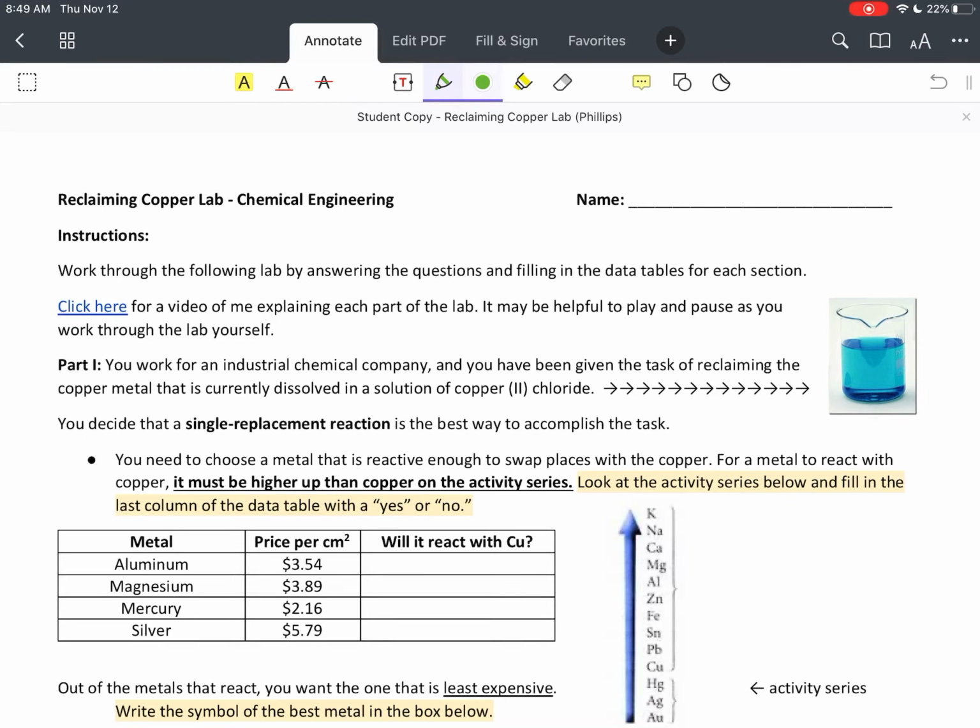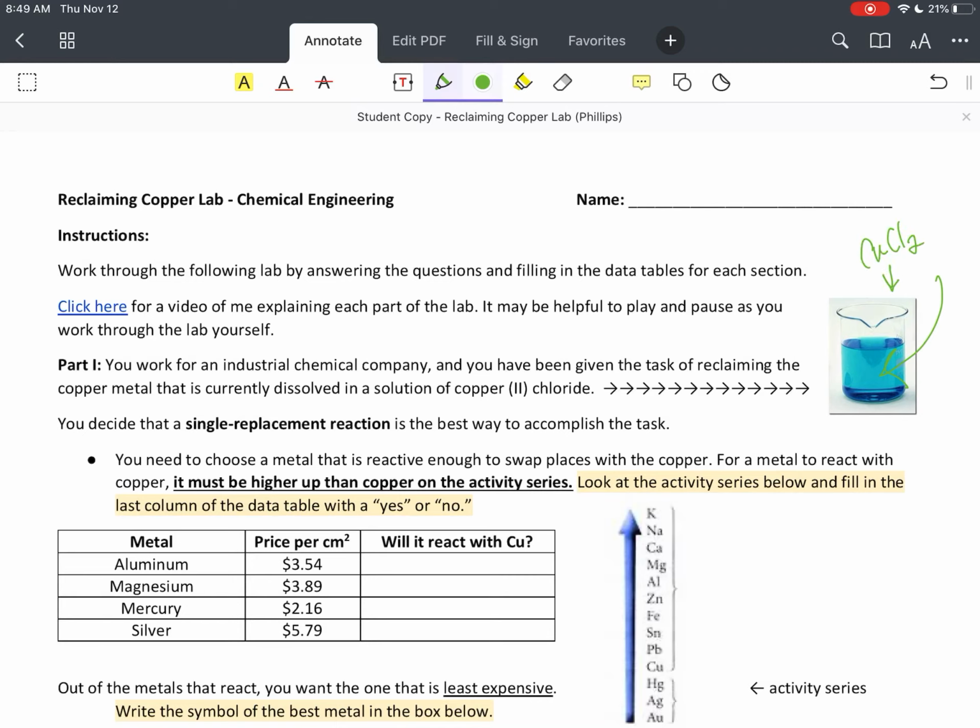So if you read part 1, it says you work for an industrial chemical company and you've been given the task of reclaiming the copper metal that's currently dissolved into this solution here of copper 2 chloride. You decide that a single replacement reaction is the best way to complete this task. Basically, all this means is that